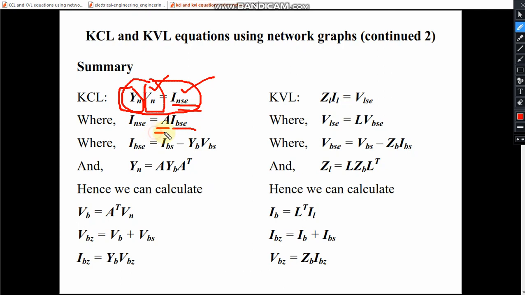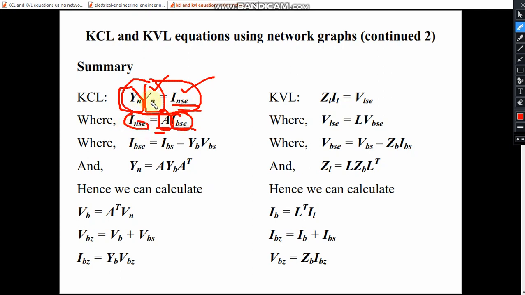A is the incidence matrix. E is for equivalent, S for source and N for nodal. So the equivalent nodal source current vector is INSE, and the equivalent branch source current vector is IBSE. IBSE we observe from the circuit and pre-multiply it by the incidence matrix. For the incidence matrix, first of all we draw the oriented graph of the circuit, and then this matrix A is to be evaluated, then pre-multiplied with this it gives INSE.